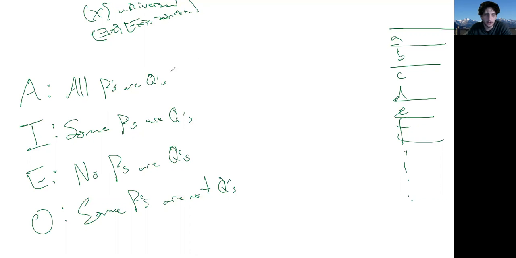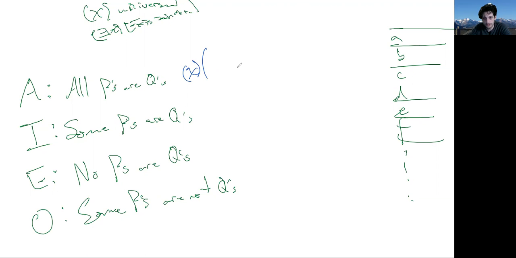Right. So what we're going to do here, because we're saying all P's are Q's, is that there are actually ways to do it with the existential, and that's because of quantifier negation. We can always replace this with tilde, there exists an X tilde, which we're not going to get into right now. There are always other ways we can do this, but again, this is what I take to be the most intuitive way.